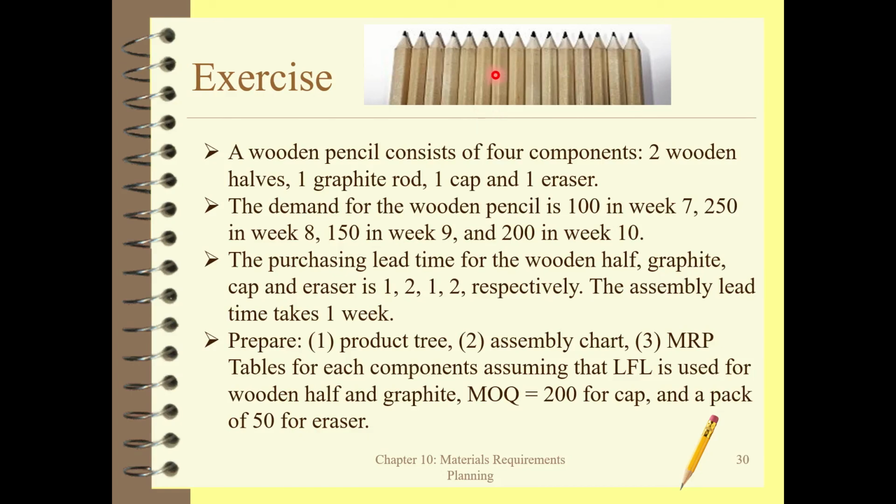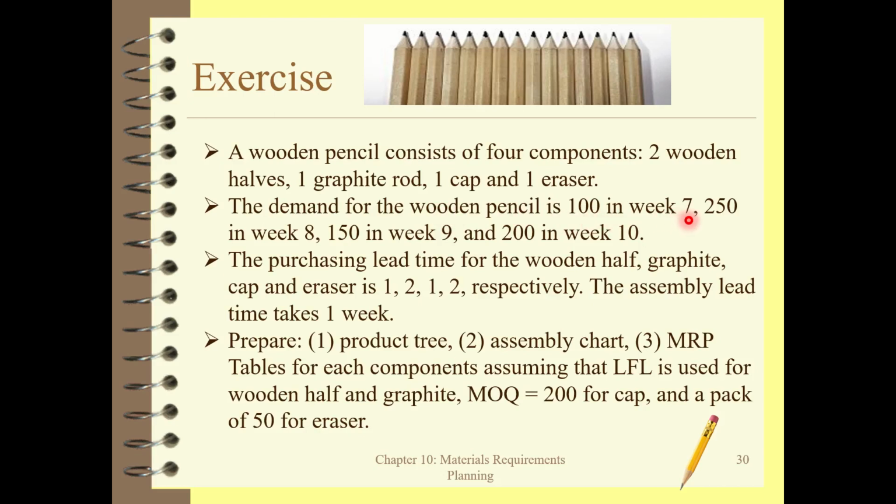exercise. So in the exercise, we want to produce a wooden pencil which consists of 4 components, 2 wooden halves which have to assemble together, maybe using the glue. Okay, 1 half and the other half put it together with 1 graphite rod and 1 cap and 1 eraser. Okay. The demand for the wooden pencil is 100